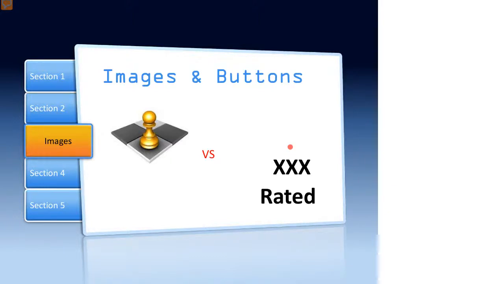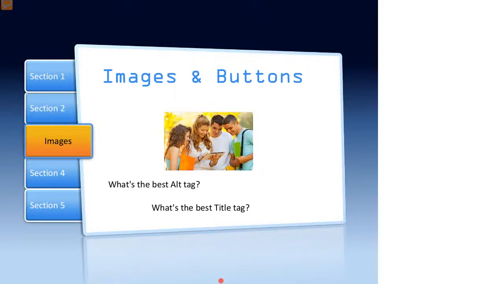Therefore, we use the alt tags and the title tags. When you're inserting an image into your course, please put in the alt tags. A lot of people get confused between the alt and the title tags. The title tags is what you see if you hover over it. If you put an alt tag in, you really need to think about how is this screen reader going to read it. Sound it out loud.